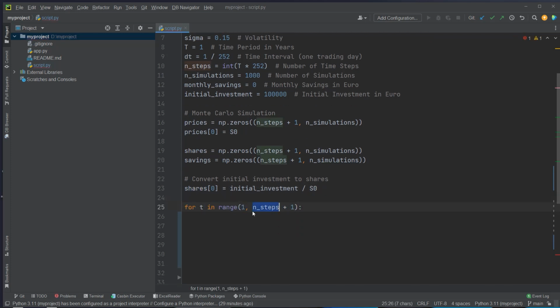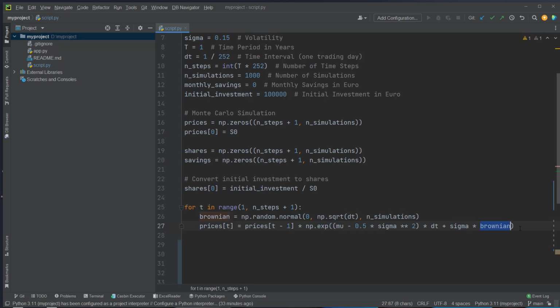So we will create a loop that iterates over n steps. So this is the start value and this is the end value. So we've got so many steps to calculate. Okay, after that we will create the Brownian variable, and this creates a normal distribution. This is a standard variable for the Brownian Monte Carlo simulation. And this Brownian value